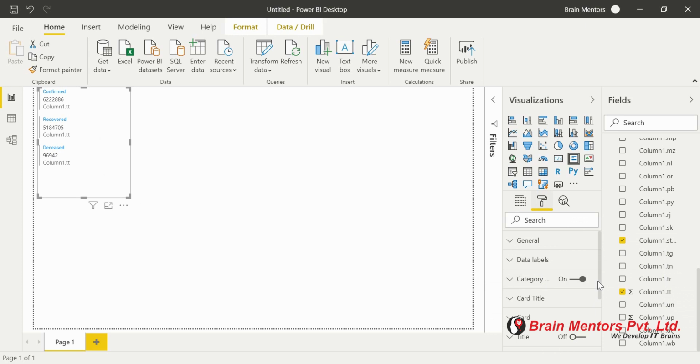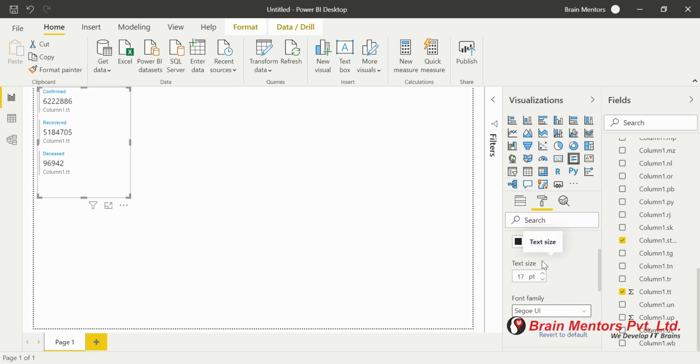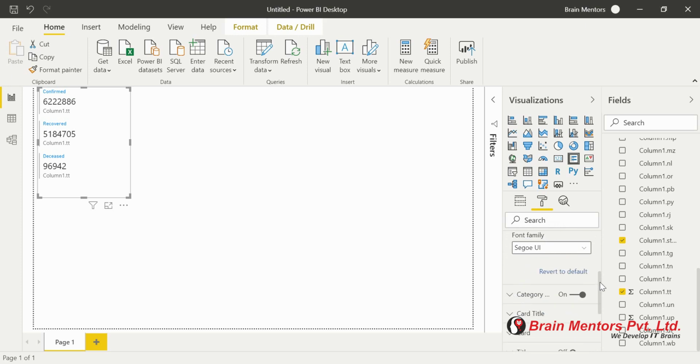So now let's format it a little bit. I can just change the font size of these things. So we need to go inside the data label first. Increase the font size, let's say make it 19 points. Okay, so it has changed the values. Then let's go to, not inside the card, I guess. Nope, inside the. So we have to check what are the different tabs we have to go inside to change the font size of it.